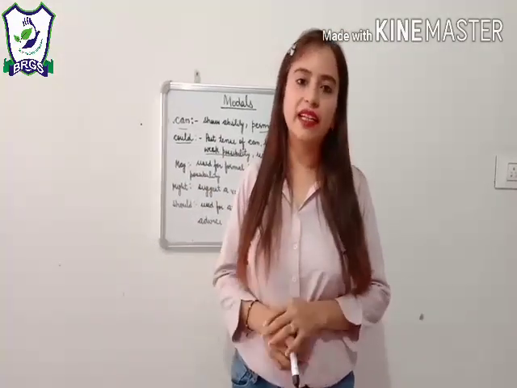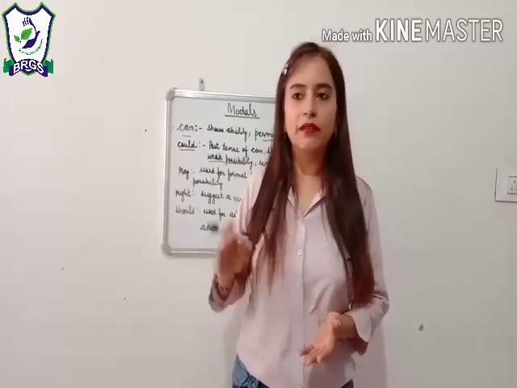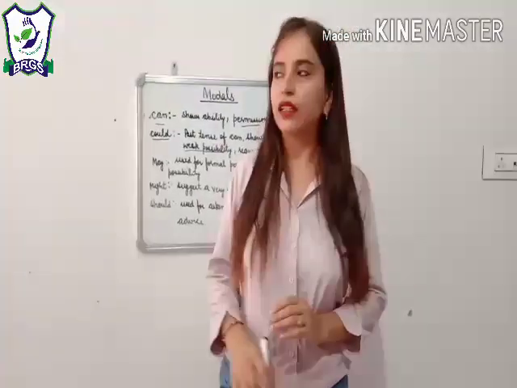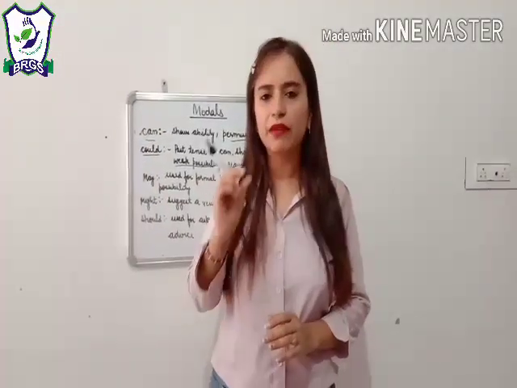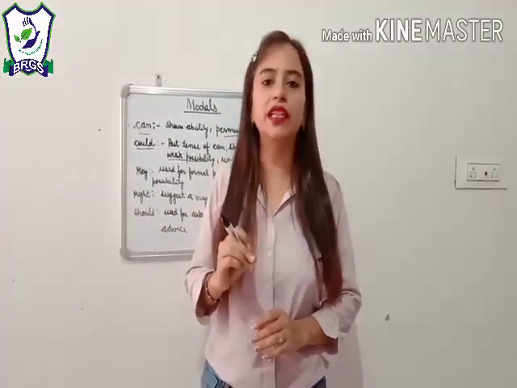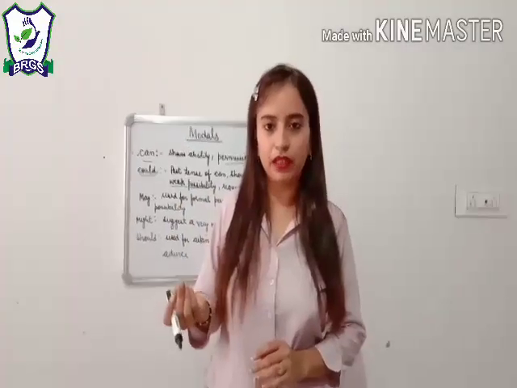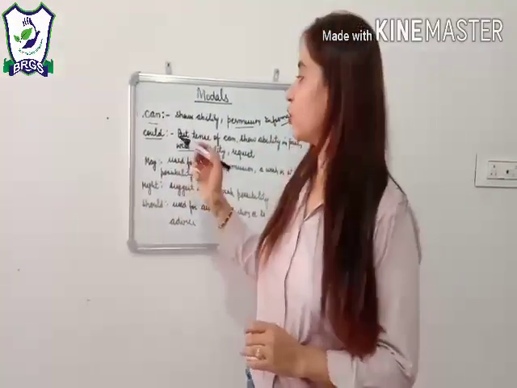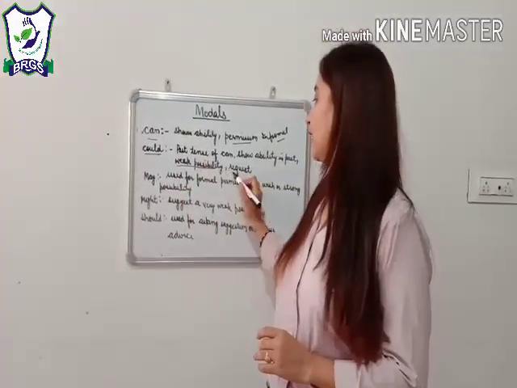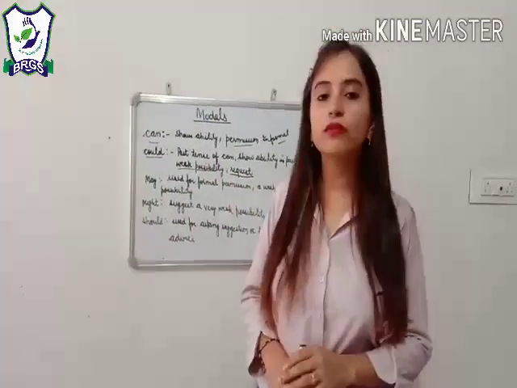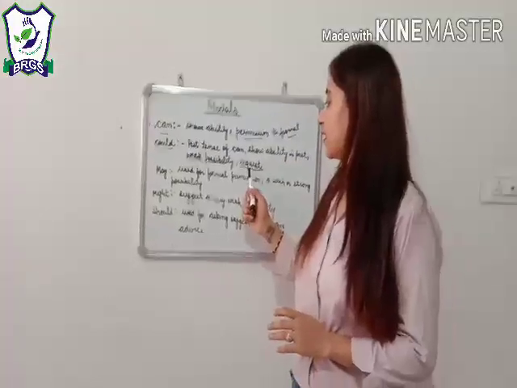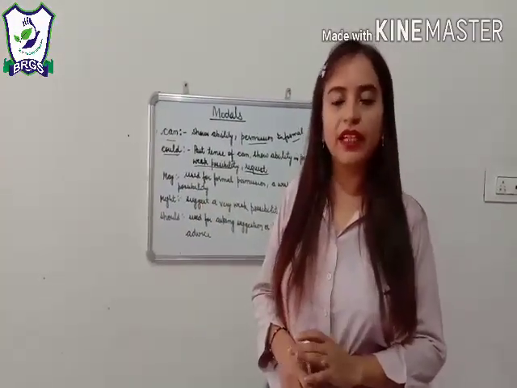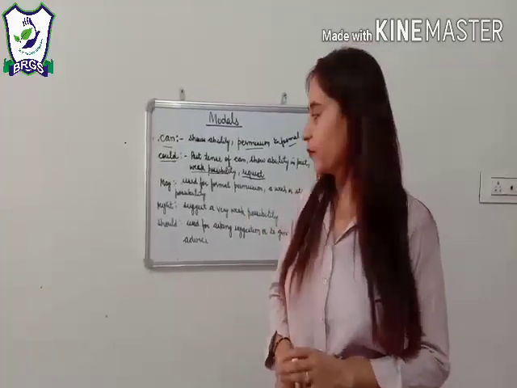Like, it could rain today. Though there are many clouds in the sky, we say it could rain today. That means to show very little possibility of the thing to happen. So very weak possibility is shown in could. And could is used in the sentence to make a request. Could you go out? It is used to make a request.